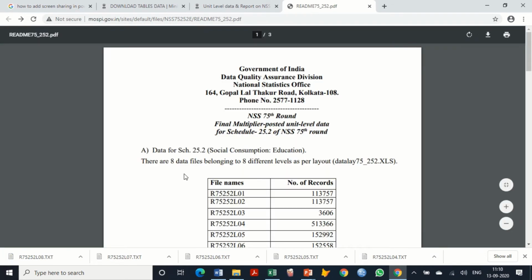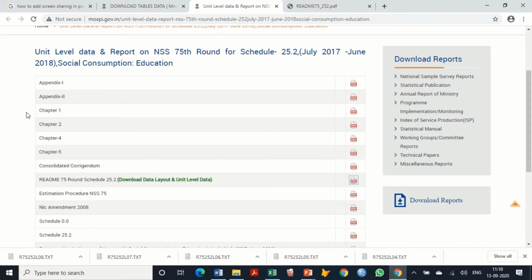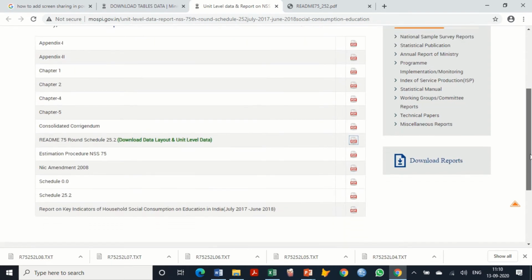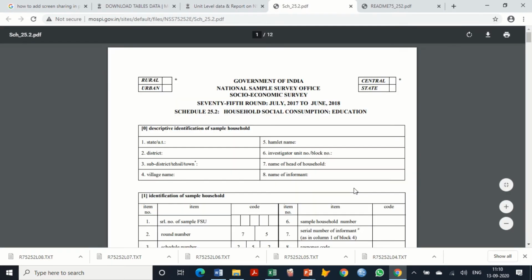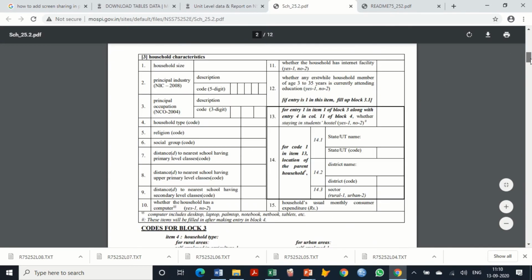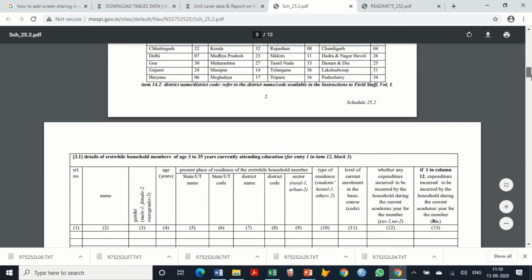And now, as I said, in addition to these layout files, we should also have the actual schedule 25.2. You can see here we have the appendix, estimation procedure, schedule 0.0, schedule 25.2. This schedule 25.2 is very much necessary. So we have opened it, and you can see here we have household characteristics.